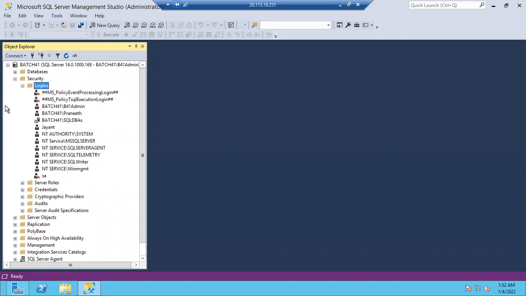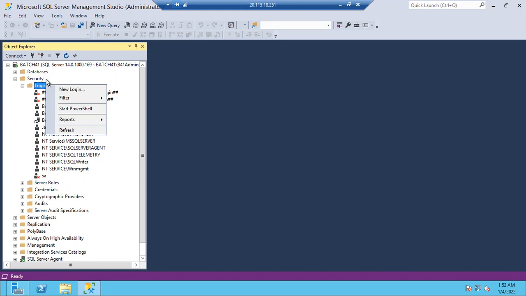Jayant will contact the Windows team, raise a request, and they will create an AD group. Jayant will let us know that AD group name, then I'll create a group login for that particular group. In the future, if someone is added, the Windows team will directly add that person to the existing group. Once the login is created, all the members of that group get equal access. So there is nothing to do from our side.